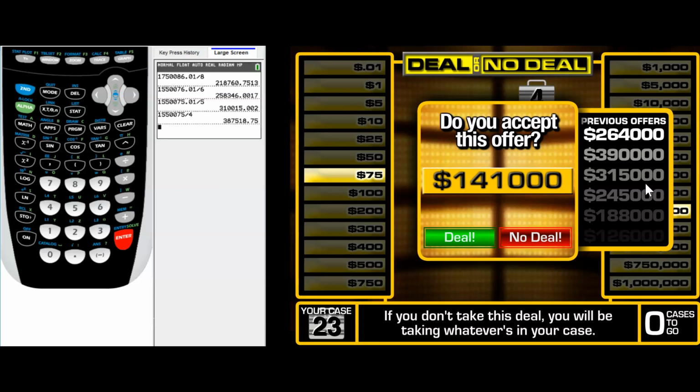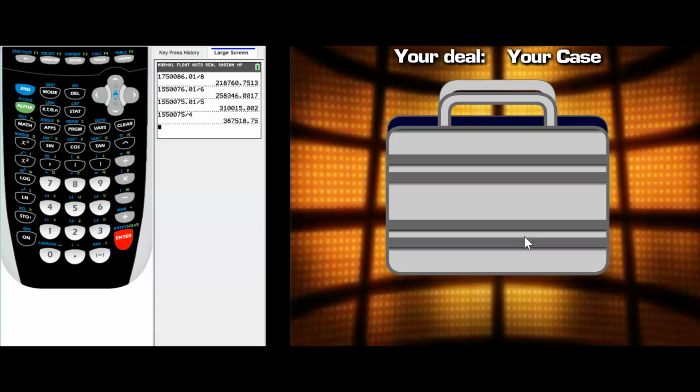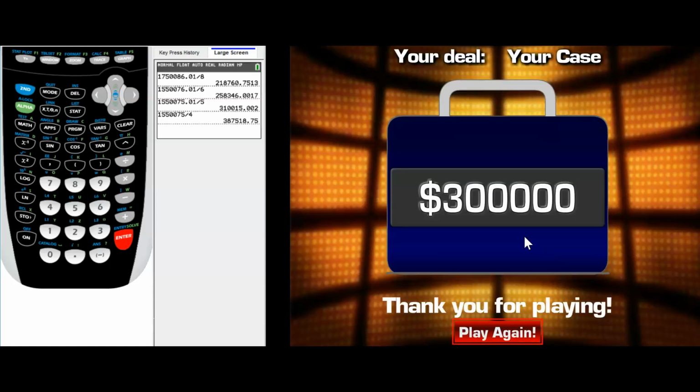Now, if I say no deal right here, it's just going to reveal what's in my case, because it assumes that I would just open one of the remaining cases, and I think we've only got 2 cases left. And so I'm going to click on no deal. We'll see what's in my case. Hopefully, if you were playing this game, you would have walked away with $390,000. That is a very large amount of money for playing a game like this, and you'll see when we get into the notes in the next video that it is much higher than what you would theoretically expect before you start playing the game. Okay, so let's say no deal. See what's in our case. All right, we would have had $300,000.